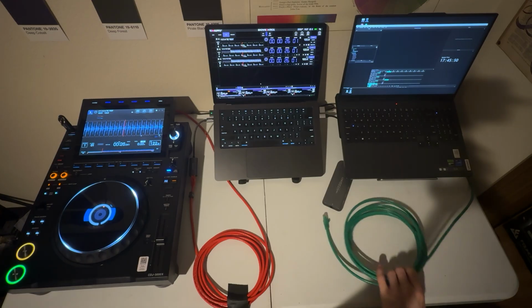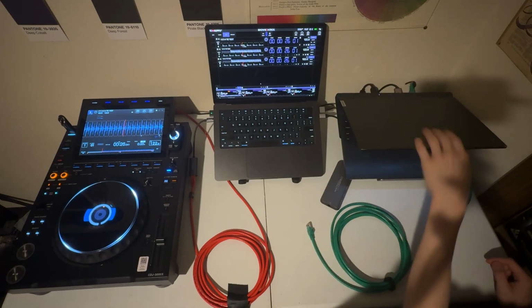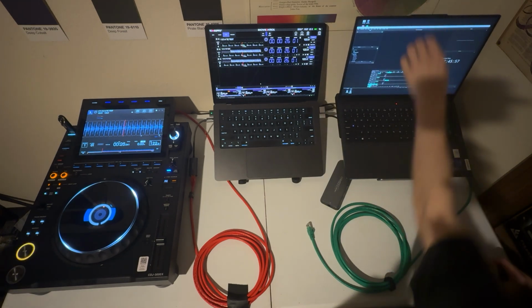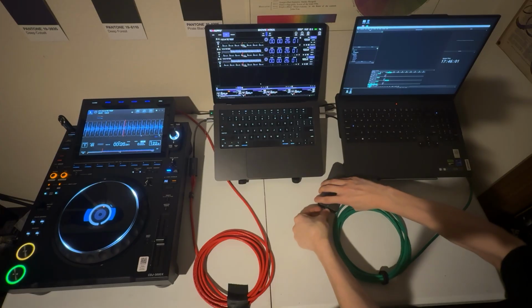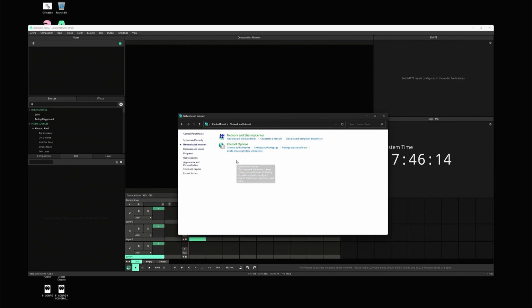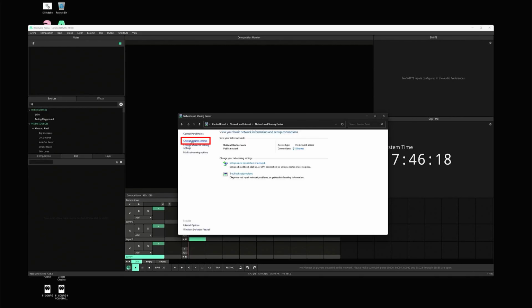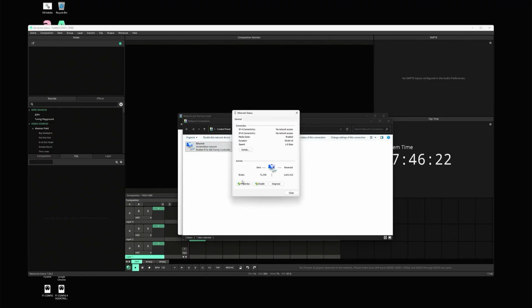Since OSC is also an Ethernet based network protocol, we will be using a cat cable again. Plugged in to the back of the Resolume machine and connected to the ShowKontrol machine via an adapter. We'll jump into the control panel, network and internet, network and sharing center, change adapter settings, and click on the NIC you used. You can go into properties,